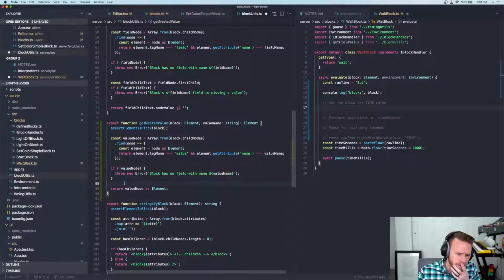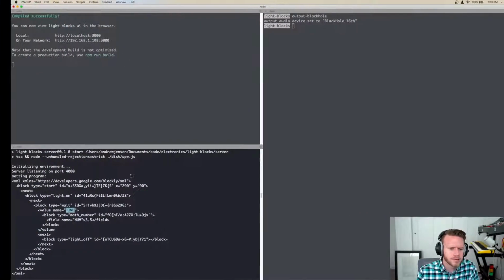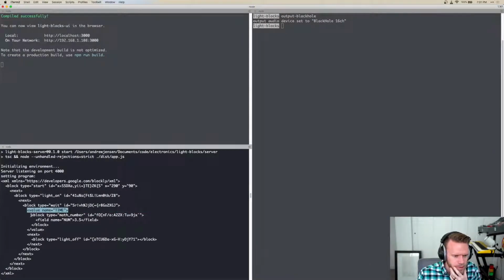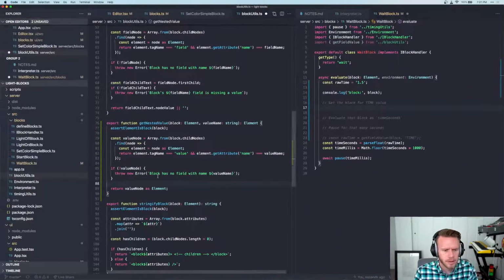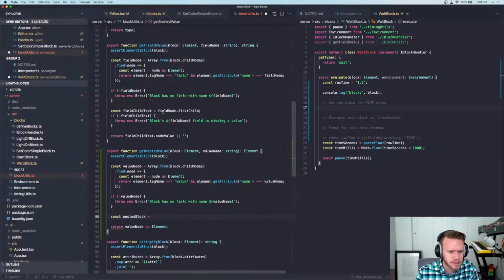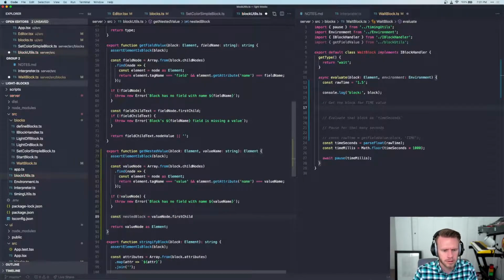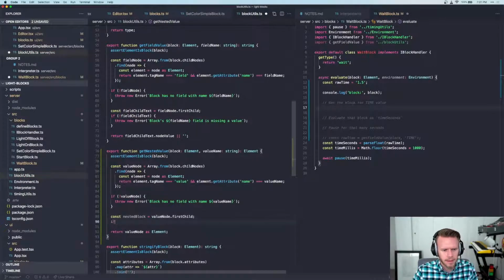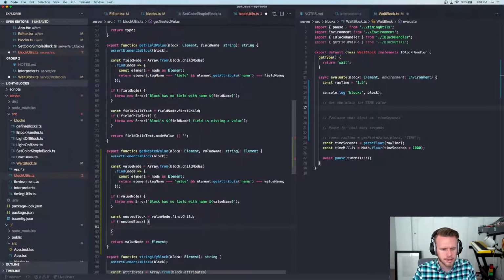Oh, now hold on. So this is going to give us this. We don't want this though, we want this. So we need a const child block, or maybe nested block. And I think we basically want to say value node dot first child. And then if that doesn't exist,